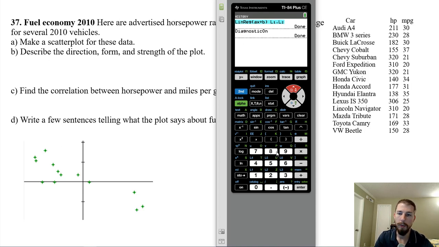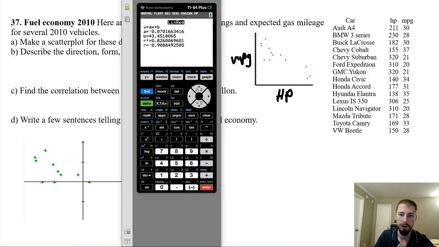So then you can arrow back up to linear regression, and we're gonna hit enter, and now you should get the R squared and the R here. The R is going to be your correlation coefficient. The R squared is the coefficient of determination, which is pretty awesome. What that tells us is, I guess I'll go ahead and tell you, even though you don't need to know it right now, but